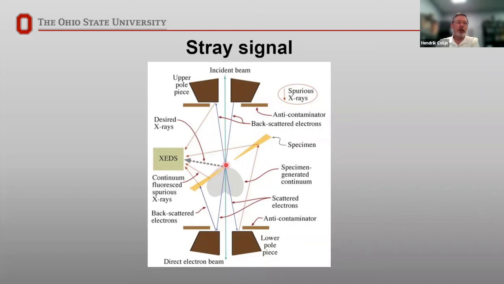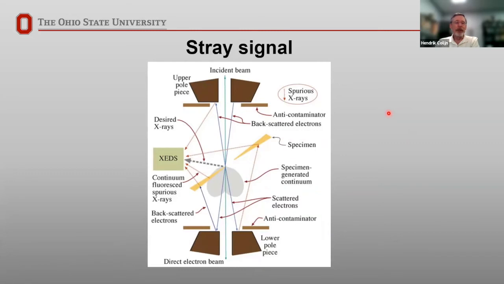The high energy electrons coming in can scatter from your sample and go over and hit your support grid, so you will often see some sort of background signal. If you have a copper grid, you'll see copper, or you can always choose a different grid material, gold or titanium or something like that. So you tend to choose a grid material that will not interfere with the type of analysis that you're trying to do. So you do pick up some stray signal, but it's not nearly as bad as it used to be.